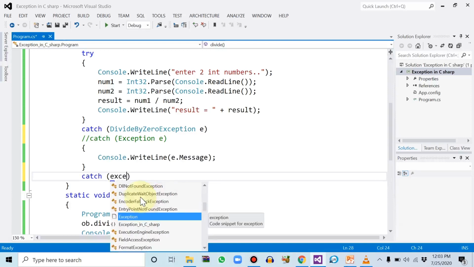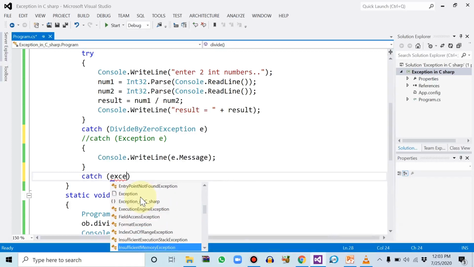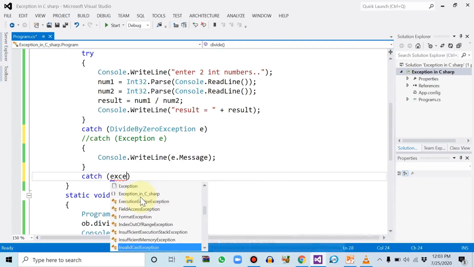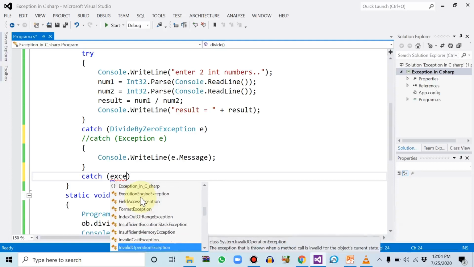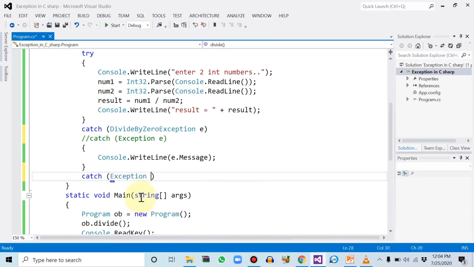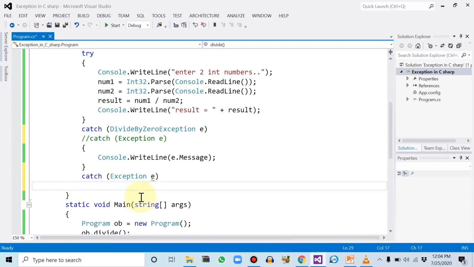We have different types of exceptions: insufficient memory exception, invalid cast exception, invalid operation exception, and so on. So there are a number of specific exceptions, but you can also use the general exception.